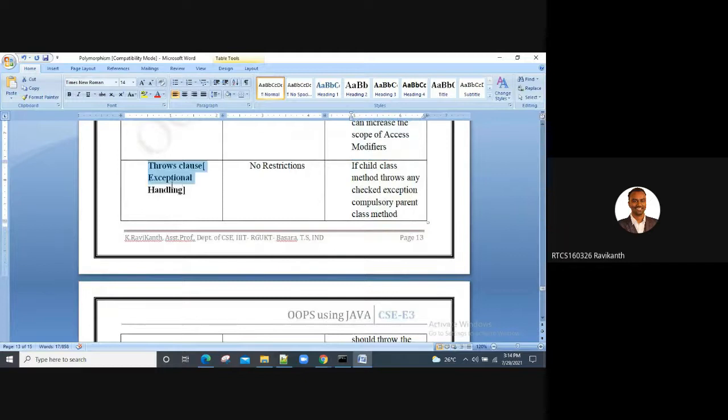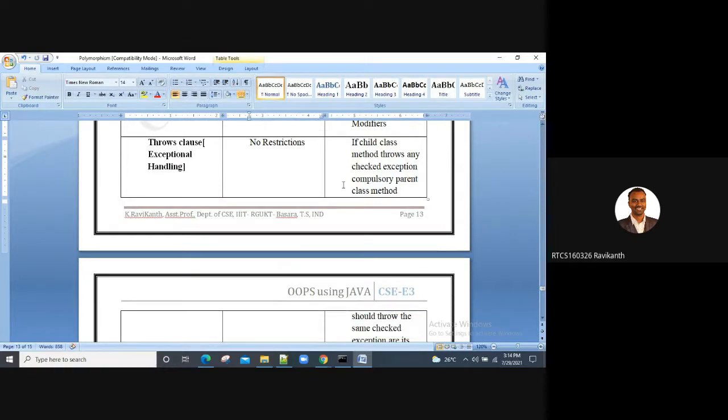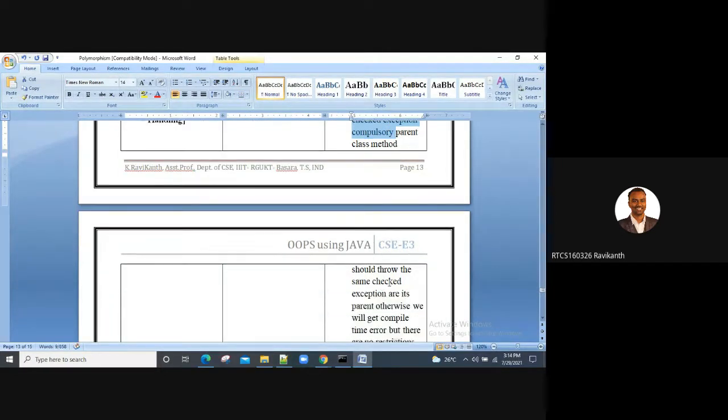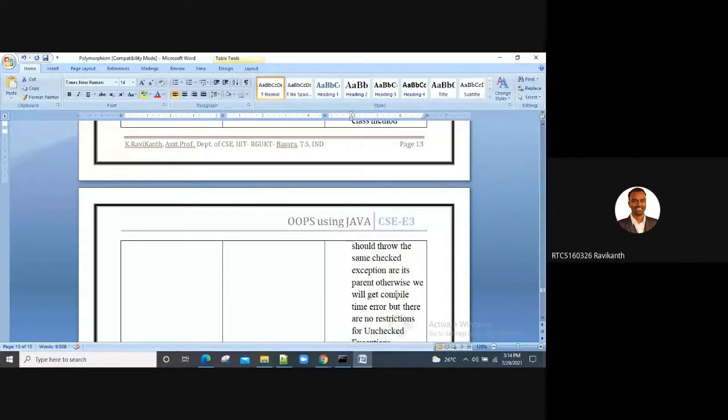With respect to exception handling, there is no restriction in overloading. But in overriding, if the child class method throws any checked exception, the parent class method compulsorily should throw the same exception, else you will get a compile time error.